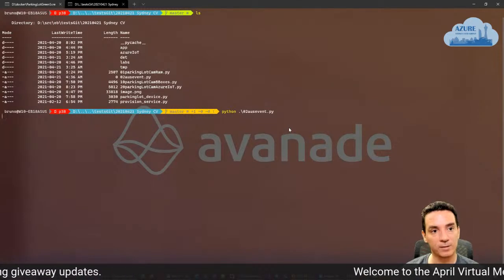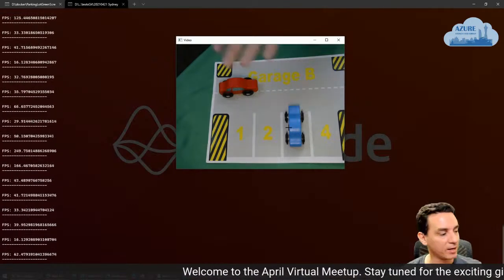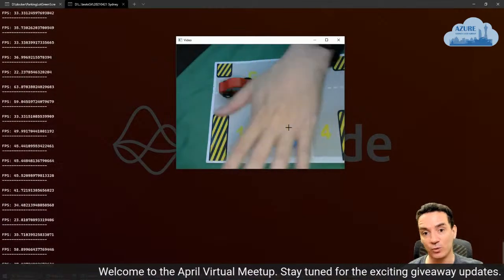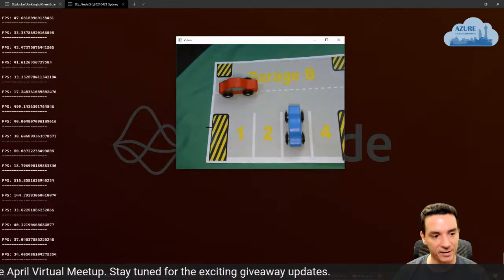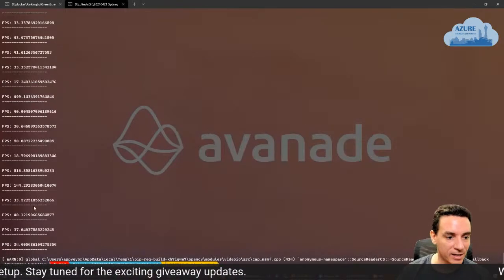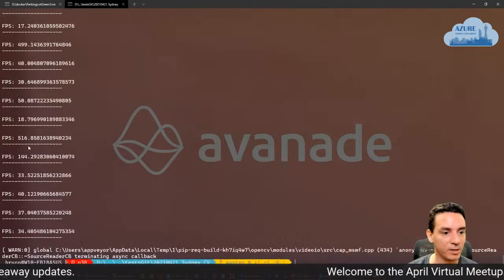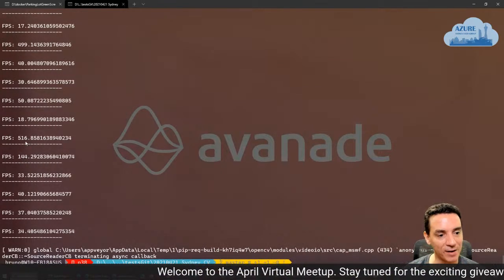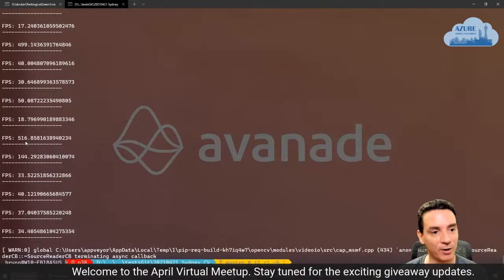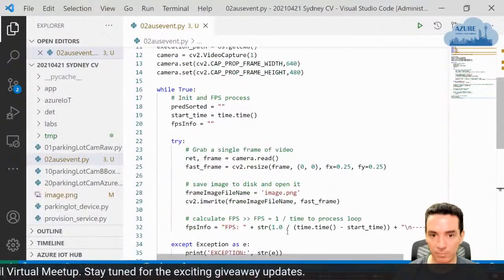Okay, let's continue working. This is the demo box. Oh, there it is. So you can see here, this is the camera live. I am using my hands, and we are working super fast. If I close this, this is analyzing, and this is doing kind of between 50 to 140 to 500 frames per second. So it's super fast. And again, how this works, let me minimize this a little.